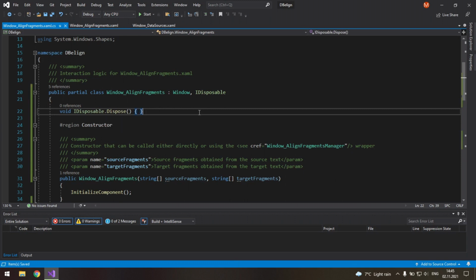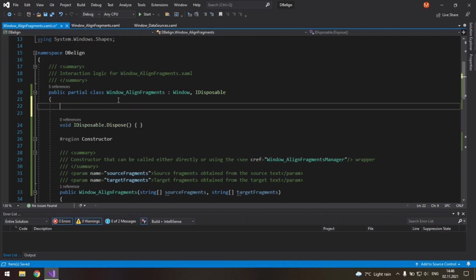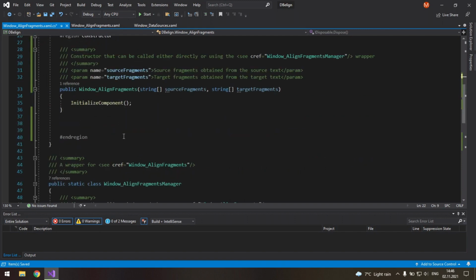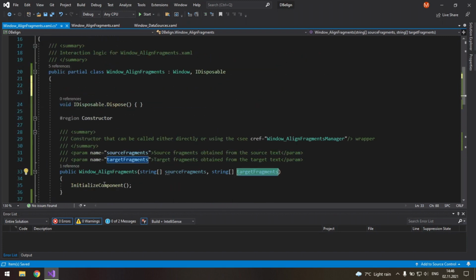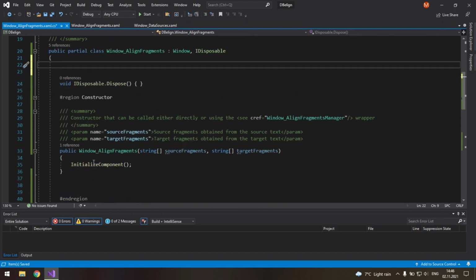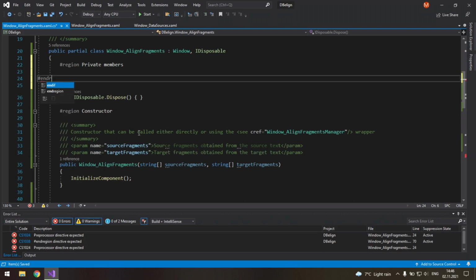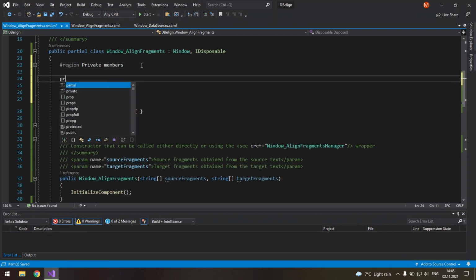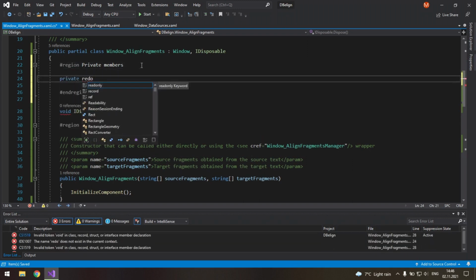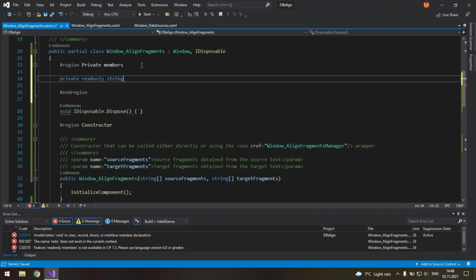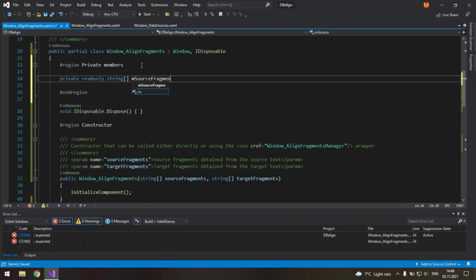Now let's create new private members, because we will need to store these variables somewhere, not just in the arguments of a specific method. So region private members. I will create a new private read-only string array called mSourceFragments.